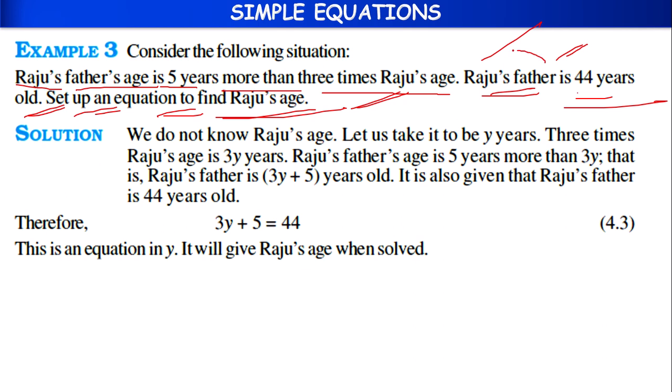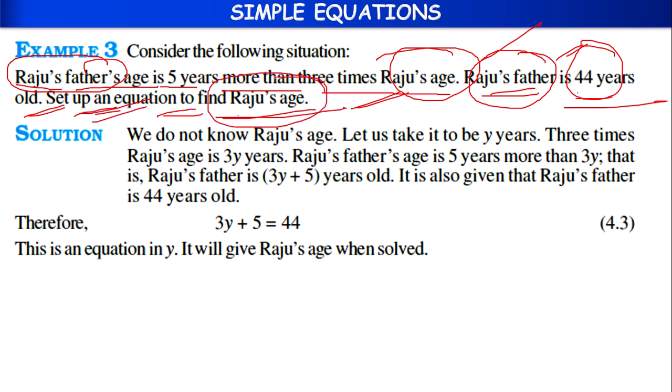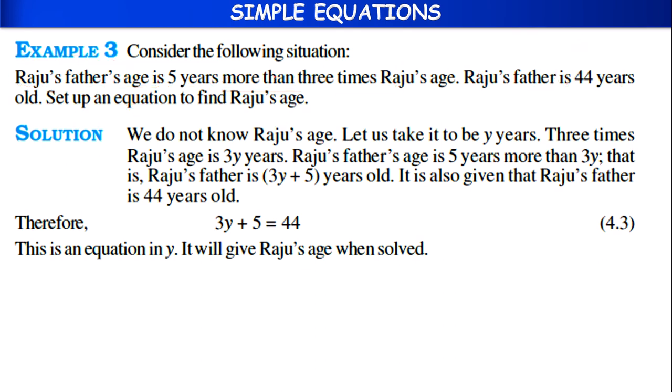So if you know Raju's father's age and the relation between Raju's father's age and Raju's age, now they are asking to set up an equation to find Raju's age from the given hints. We don't know Raju's age. Let us take it to be y years. Let Raju's age be y